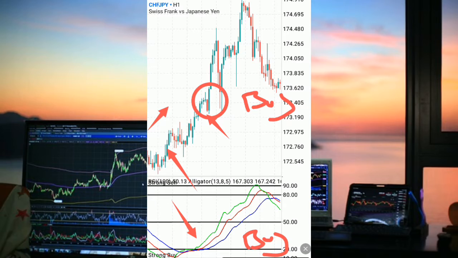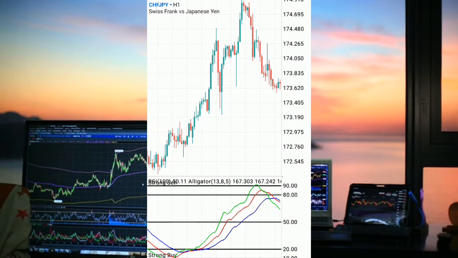Remember, my key point is that so long as the alligator down here is open, so if the alligator is still open, I am willing to place as many entries as I can in the same direction as the price movement. Remember, so keep that in mind. Now let's look at this over here. You see this point,